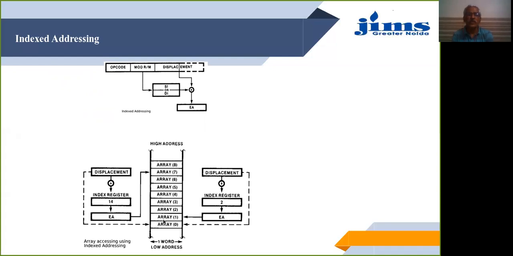To point into it, the index pointer can point to some place, and from there, if you just add on displacement, you will be able to point to the different areas of the array. So put together, you will be able to know the effective address. The indexed address plus the displacement gives the physical address of the array.